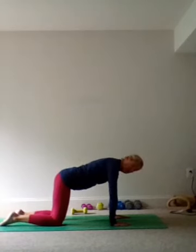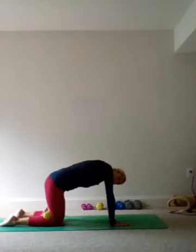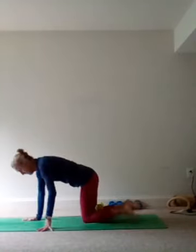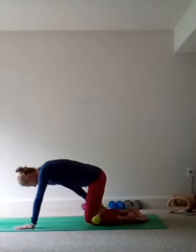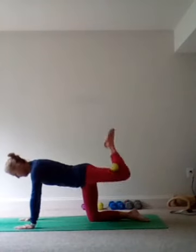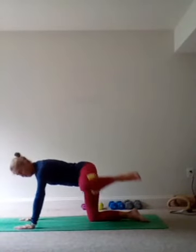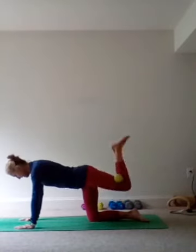And we're going to start off with some leg work. If you want to, you can put a weight behind your knee. You do not have to. I'm going to flip this way. We're going to start with our right leg. We're going to keep that weight in there if you choose. We're going to lift straight up and back, bring it down, and then lift out to the side. So up and back, out. Up and back, out. For 8,